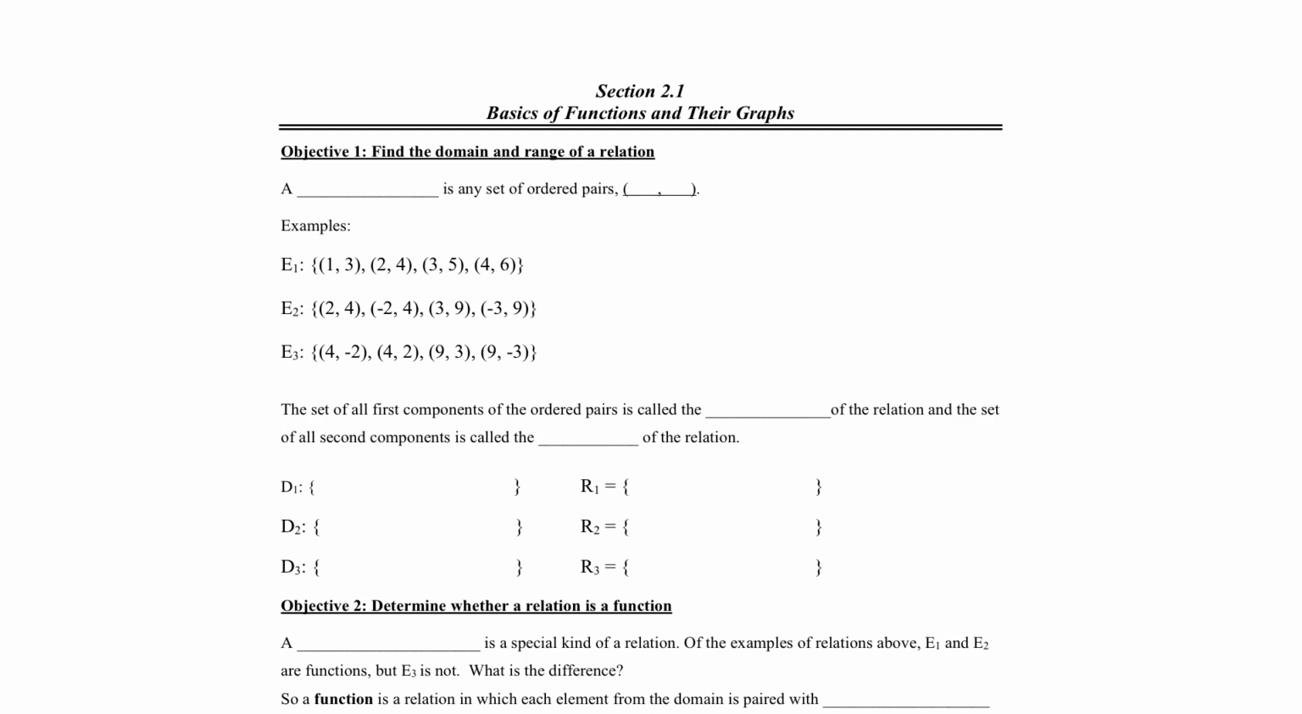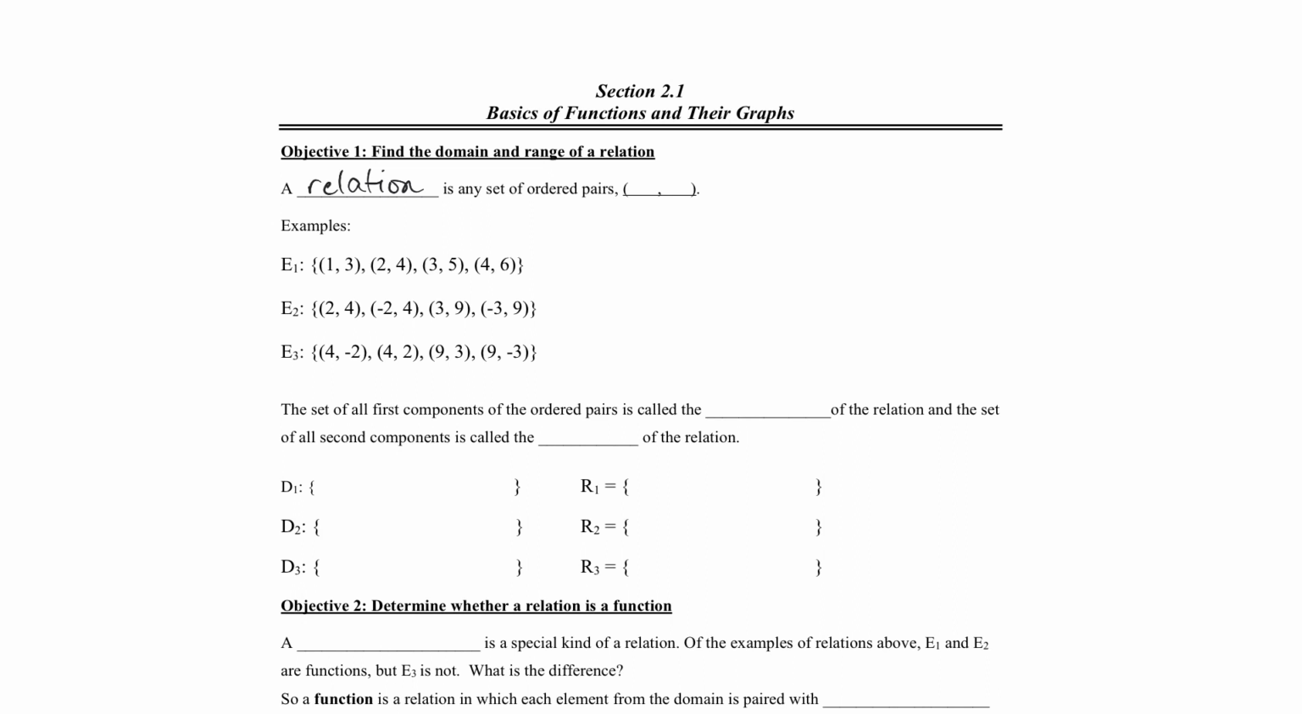Section 2.1, Basics of Functions and Their Graphs. The first objective is going to be to find the domain and range of a relation. But first, we have to establish what we mean when we say a relation. A relation